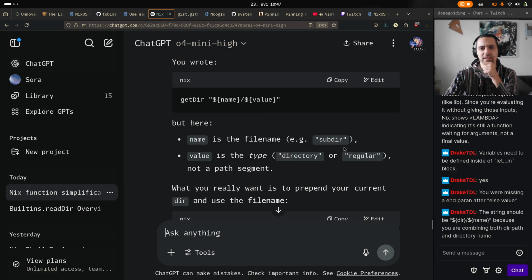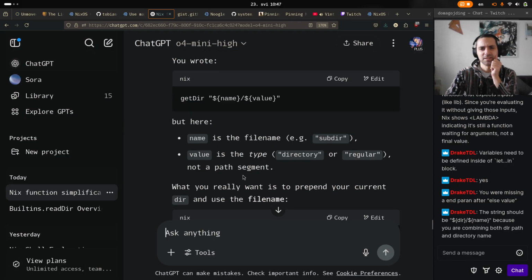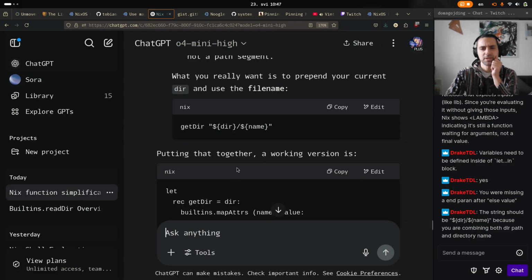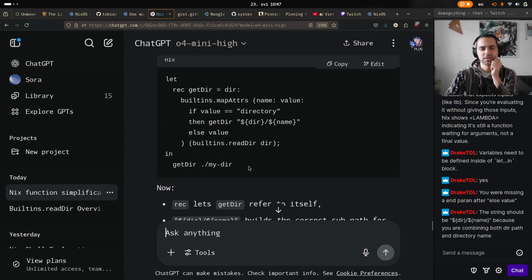Name is the file name, value is the type directory. Not a path segment. What you really want is to prepend your current dir and use the file name. Putting that together, a working version is